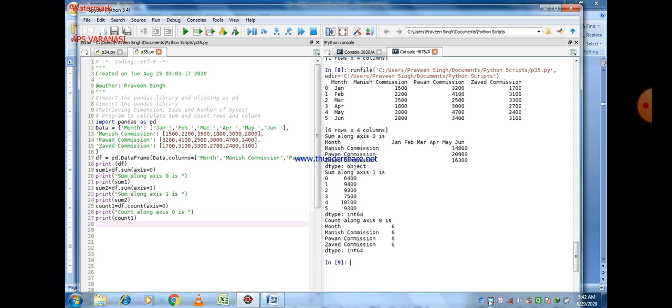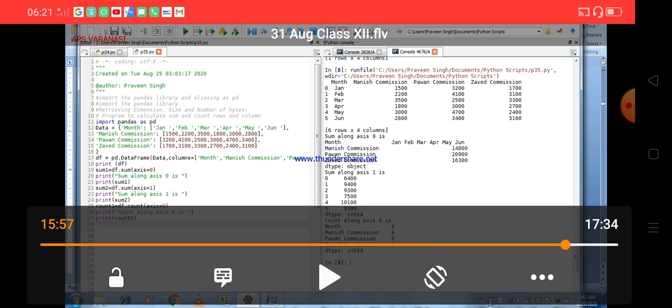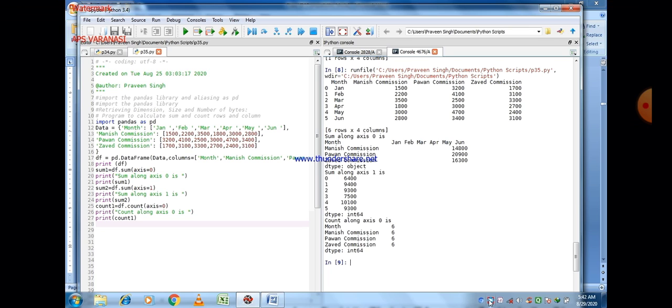Along axis 0 and 1, whatever parameter value you pass within a data frame. By default it is 0, and for all methods of a data frame, the default axis is 0.